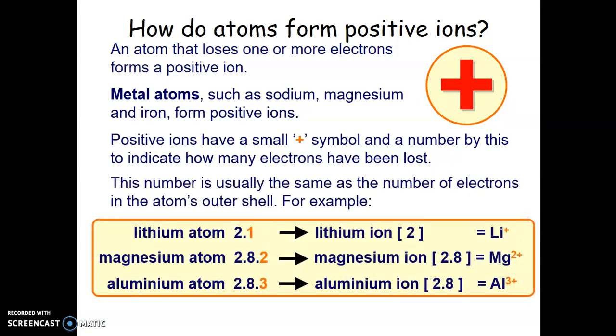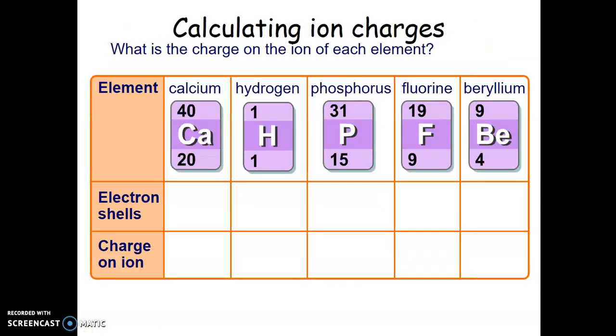So for example, lithium has 1 electron in its outer shell, so when it loses that electron it becomes lithium 1 positive. Because there's no number there, because it is just 1 positive, it tells you it has lost 1 electron. Magnesium has 2 electrons in its outer shell, so when it loses them it becomes Mg2 positive. Because it is 2 positive, that is telling you it has lost 2 electrons. Aluminium has 3, so when it loses those it becomes Al3 positive. The 3 positive part tells you it has lost 3 negative charges, 3 electrons lost. Okay,